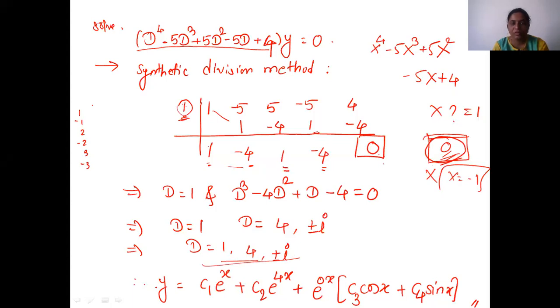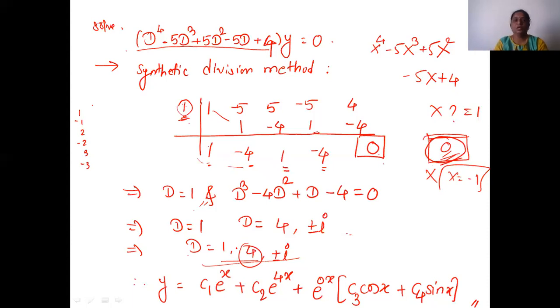But whenever it is a d raised to 4 equation, once we get one root, we can stop, because this becomes a cube, and a cube we can solve on the calculator. So your job is to find only one root. Once again, calculate. For 2 it will not give, but for 4 I guess it can give you 0. X is 4 and equal. Is it 0? Yes.